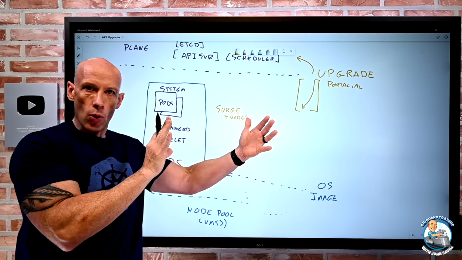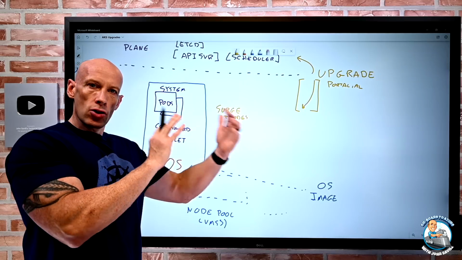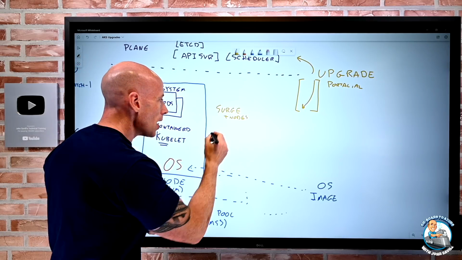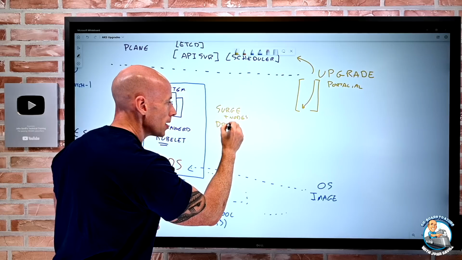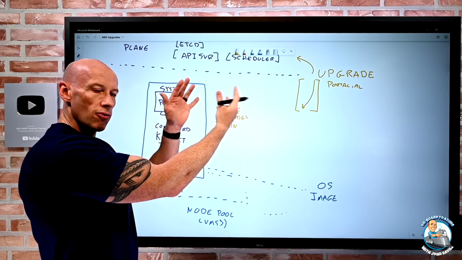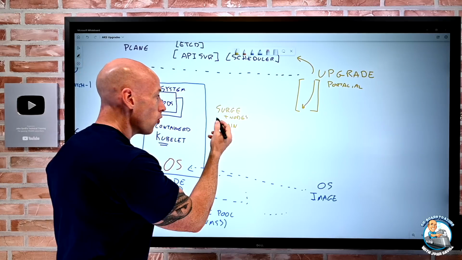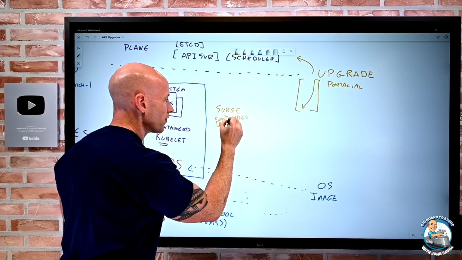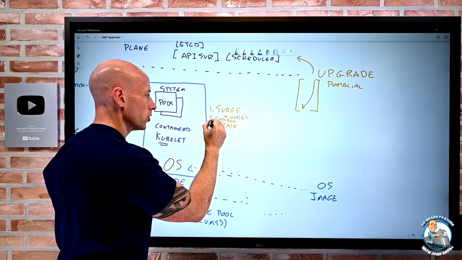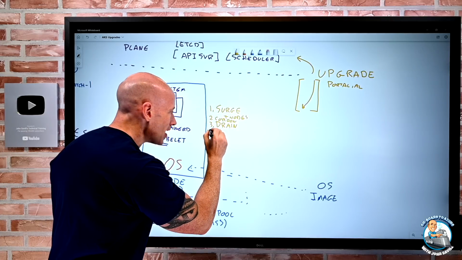So it's basically rebuilt a new one. So I've got that new one there. So I'm creating the surge. Then I'm going to drain the node I'm going to work on to re-image. So I'm moving all of the current workloads off of it. Before it drains, actually, it will cordon it off so new things don't get scheduled on it. So I'm going to surge, cordon, drain, and then I'll re-image